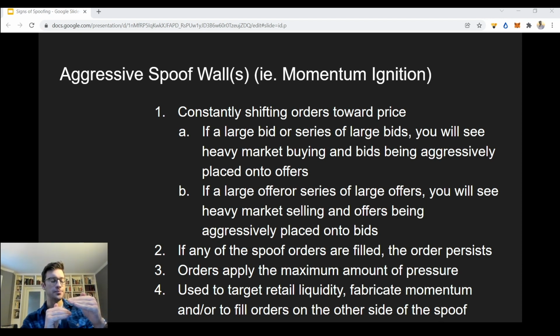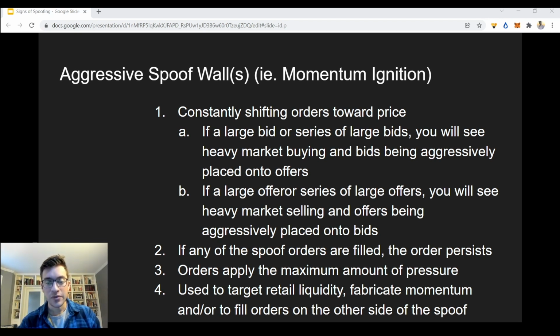Sometimes a guy will come along, place a very large bid order that's like right here that will buy all of these offers, and then he'll place the best bid here. Then the offers are here, and then he puts it here, and then it keeps rising. It's incredibly risky. It's incredibly aggressive for an algo to do this. It's really risky because if you keep raising that bid, you're buying at worse and worse prices, and when you finally get filled for all your liquidity, you're probably going to lose a lot of money because it's going to